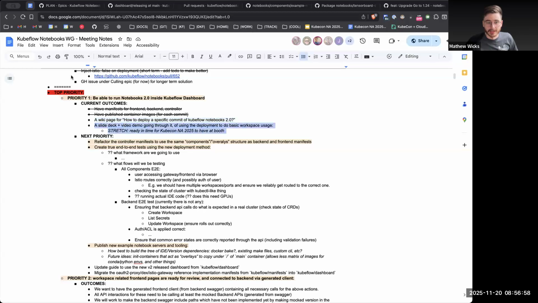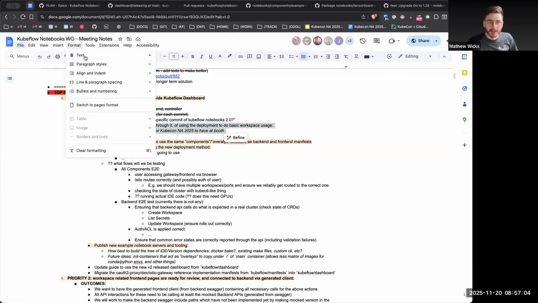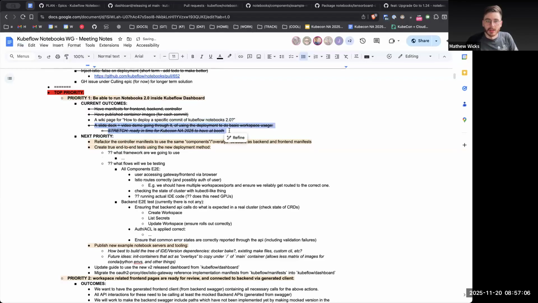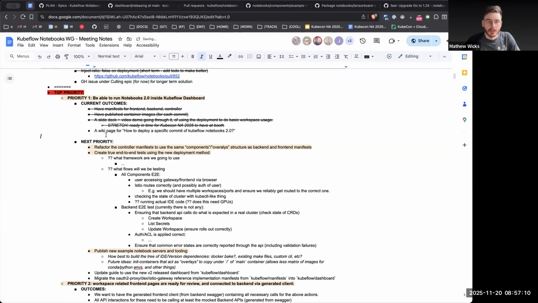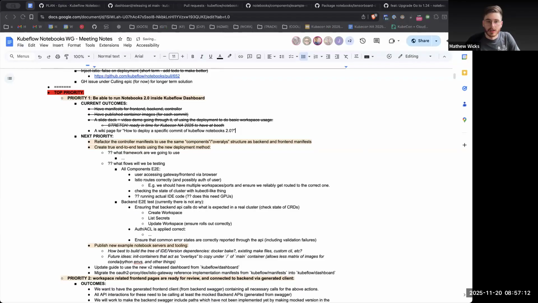we've already done this. Mainly, not quite actually, but I'm just going to strike this one out. Okay, and that one we hopefully will have done in the next day or two, just with the new changes. It's related to our full guide, and so what we're doing is me and Andy are aligning this guide somewhat to the end-to-end tests.